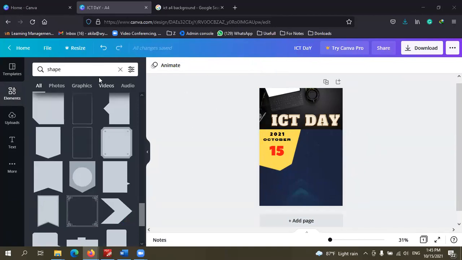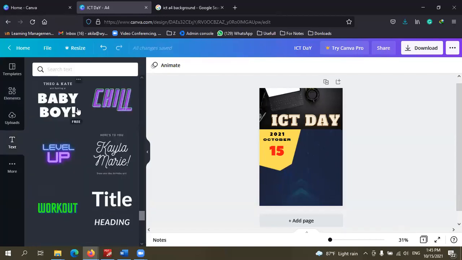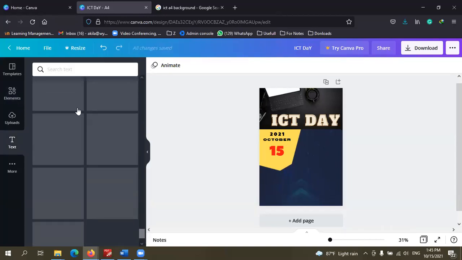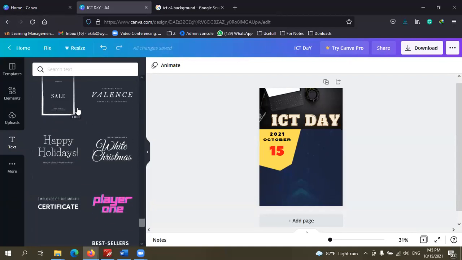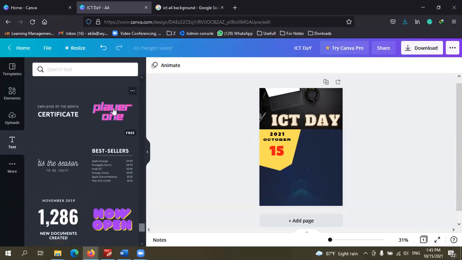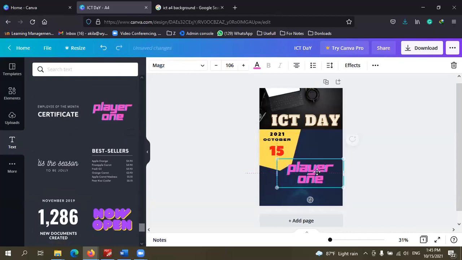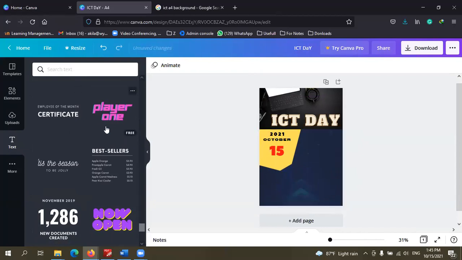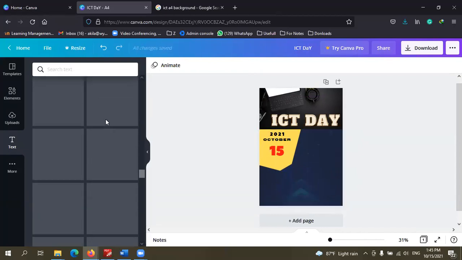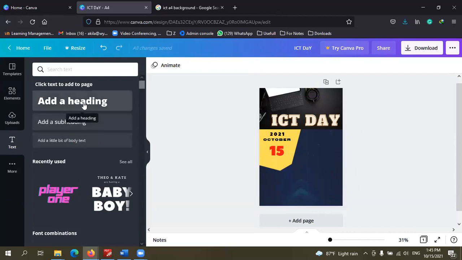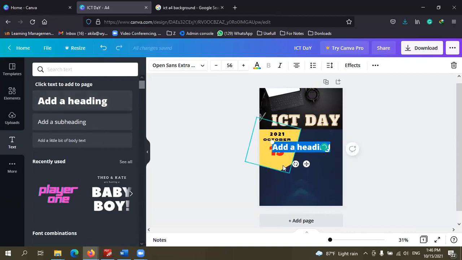Okay, this is how I add the date. It's just a text, right? You can select the text from here, Text style. If I just click it, it will be added to the canvas. Then you can double click and type. And that's all. You can add any element here, free ones, and you can edit them. Just double click and you can change the text. If not, you can just add a simple text like here, heading. Click here.